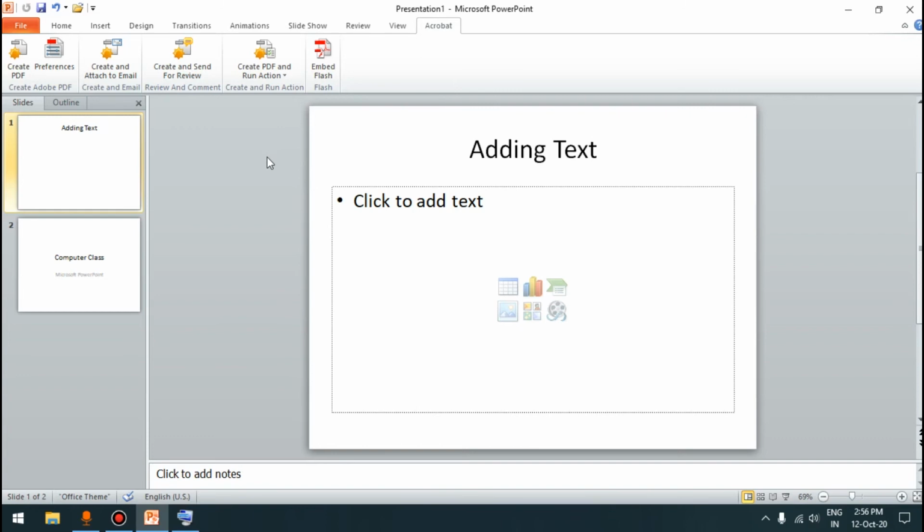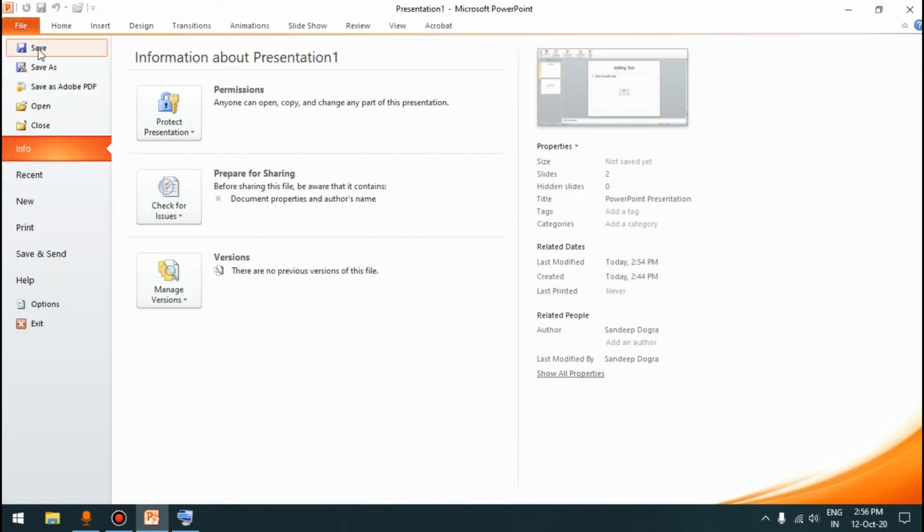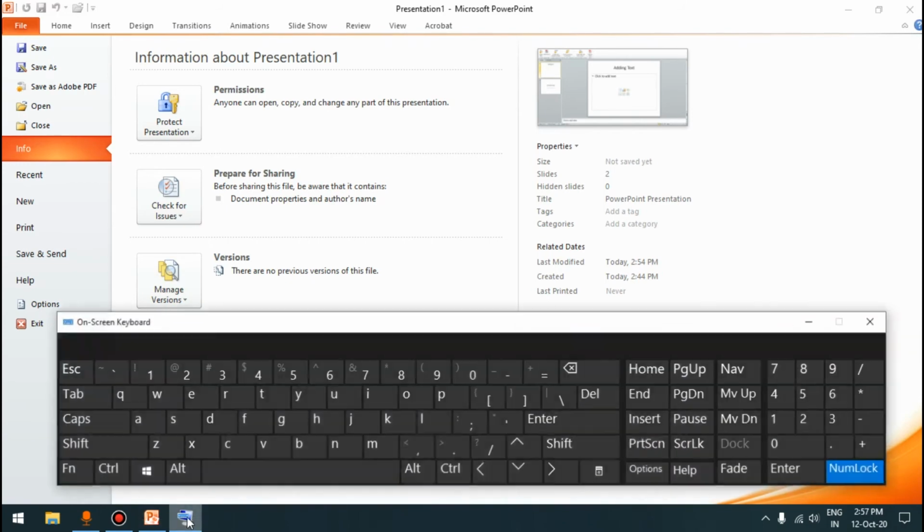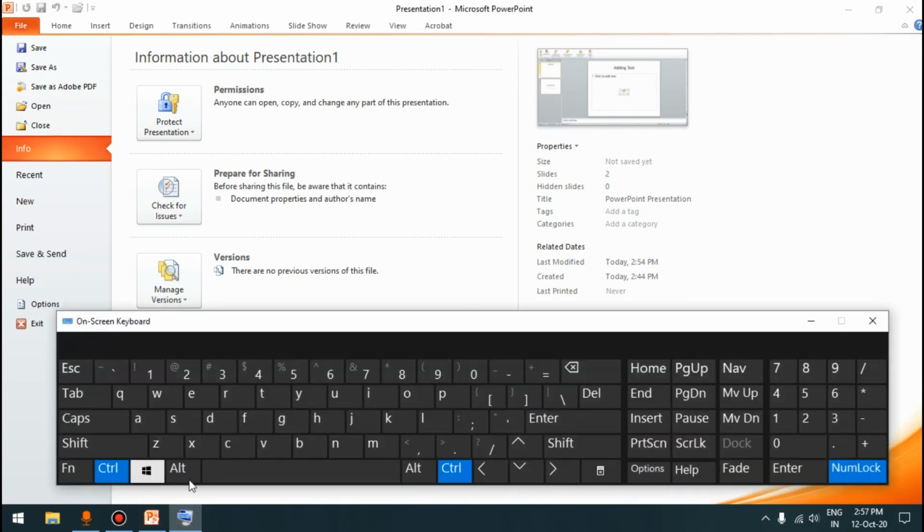So we must save our data after regular intervals of time, or from time to time. How to save? To save our work, either we can click on the Save button, which is present in the Quick Access Toolbar, or we can click on the File tab and locate the Save option from the menu, or backstage view. The third way is that we can also press the shortcut key combination, Control plus S, to save our work.